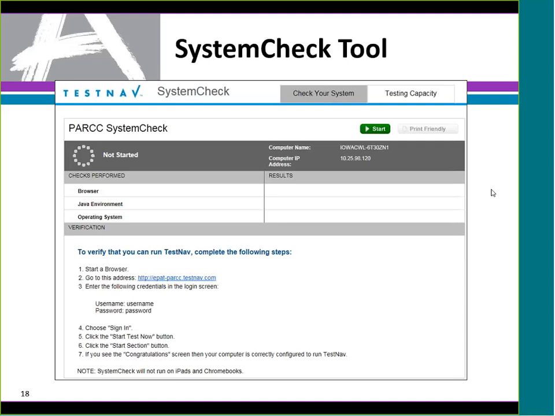But the bottom part is where you're supposed to start a browser, go to the address, and enter the username and password. That actually stands up TestNAP in a secure version. It's just a one-item form that says, if it opens, congratulations, you've successfully opened TestNAP. That's actually your check to make sure that it's working the way it should.